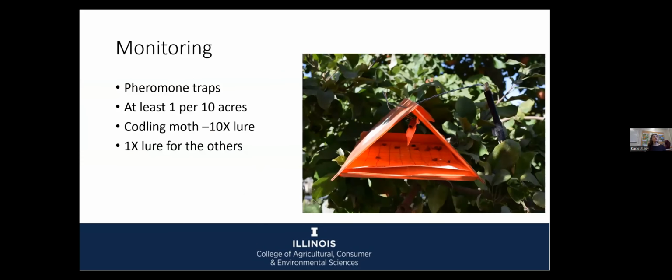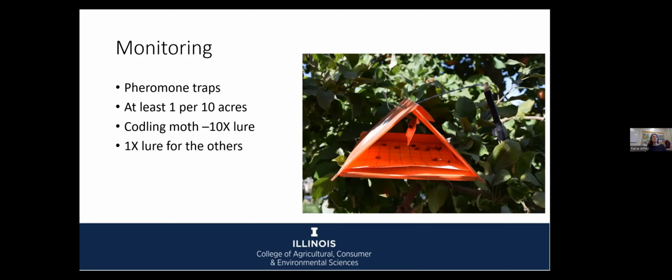So even if you're using mating disruption, we always recommend monitoring. Always back to the monitoring here, and I think it's important to mention this again. With mating disruption, you're still using these delta traps. In the case of a lot of the things we use for mating disruption, we recommend at least 1 per 10 acres. If you can do more, it's always good to do a few more. And it should be noted here that your lure and mating disruption actually just contain the same sex pheromone. It's just that when we're using mating disruption, we're putting a lot more of it out.